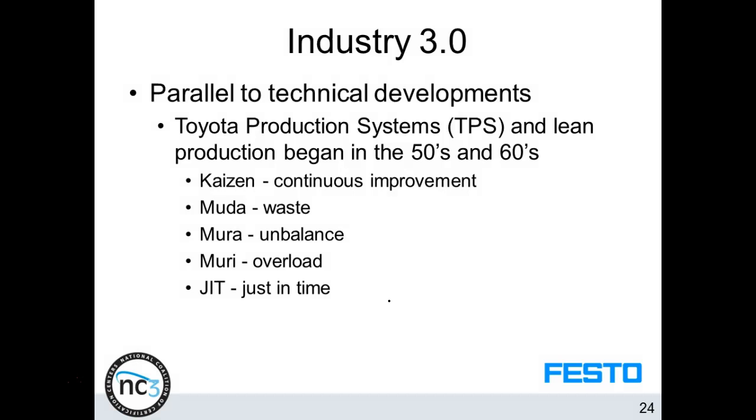Parallel to technical development, Toyota production lines. Now these phrases, and I might pronounce them wrong, were originally developed in Japan, and these guys are on the test. So Kaizen, what's that? Continuous improvement. Muda is the term used for waste, right? Mura, an imbalance, right? Muri, overload. JIT, which is just-in-time manufacturing, which is just about what all your major